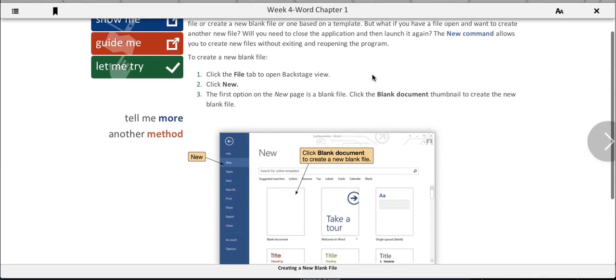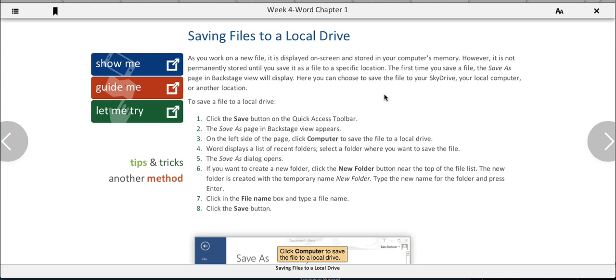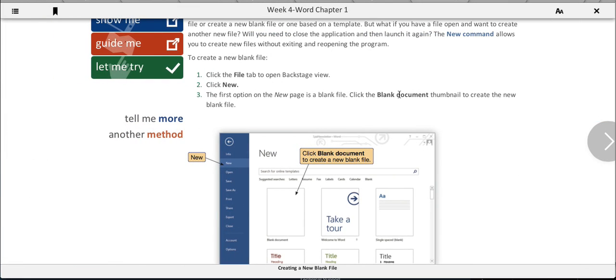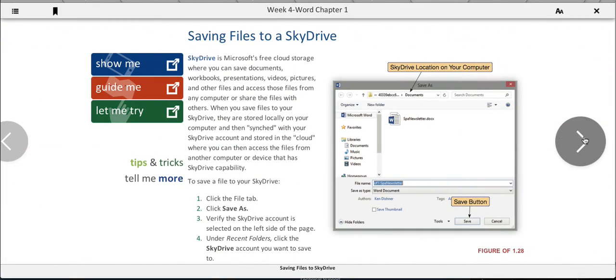That's not the only thing that there is. I need to proceed forward and go to saving of files to a local hard drive. Okay, well, let me try that, or show me how to do that. So you don't just have one thing to do. You don't want to do one thing and go, oh, okay, I'm done. I'm just going to go ahead and close that. You want to go to the next one, and this will continue to go forward until you run out of